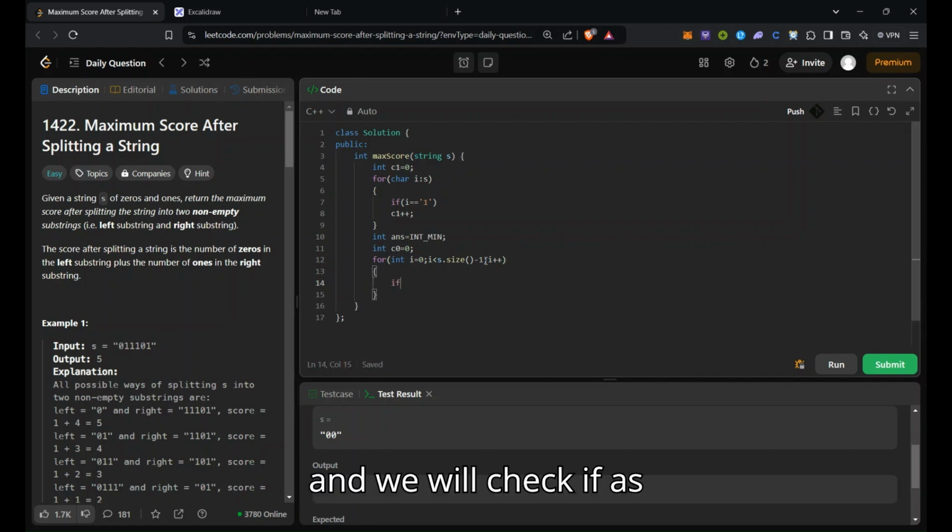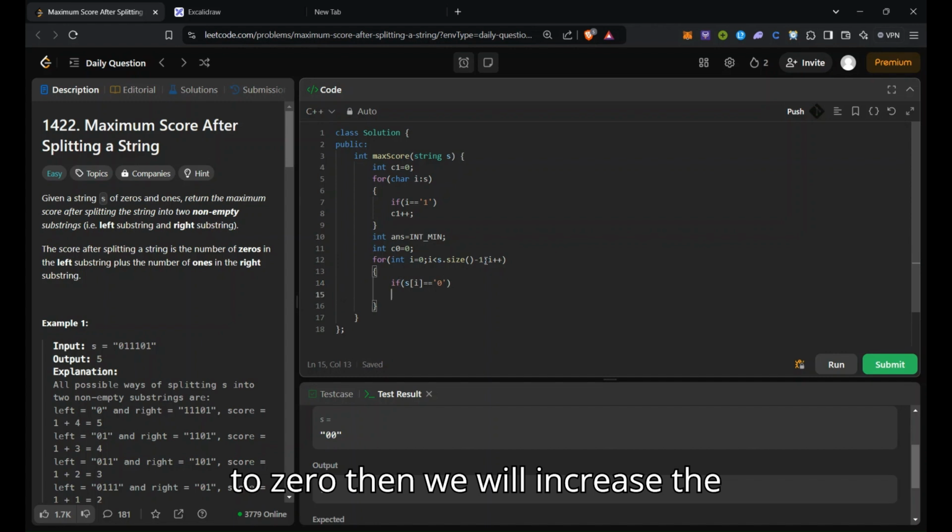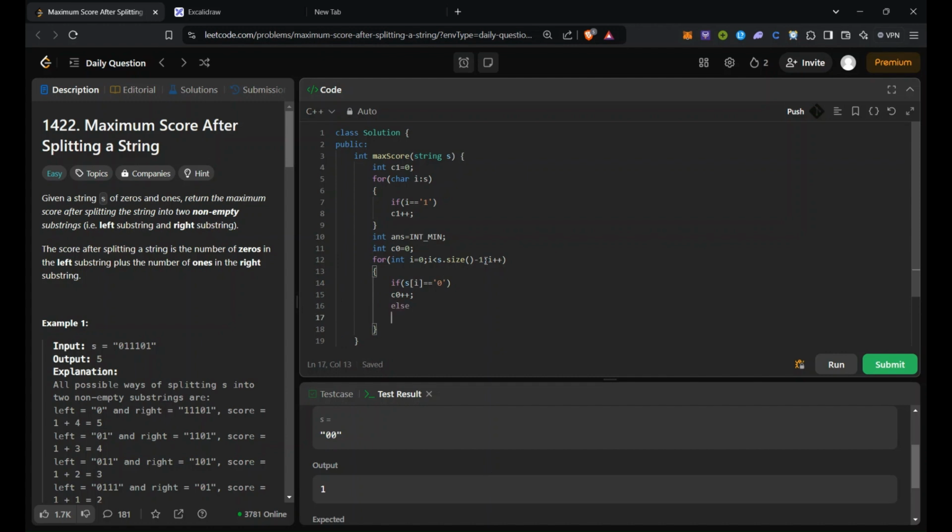And we will check if s of i equals 0, then we'll increase the value of c0, else c1 minus minus,